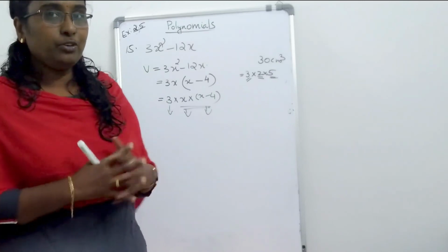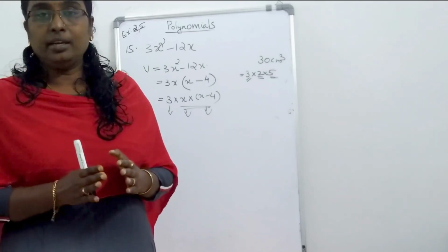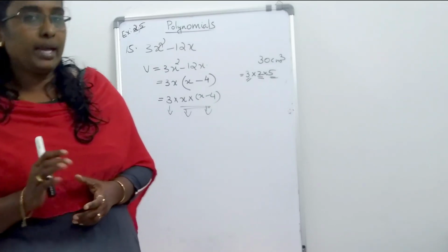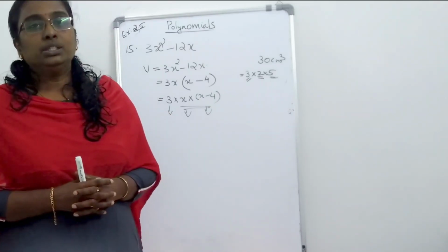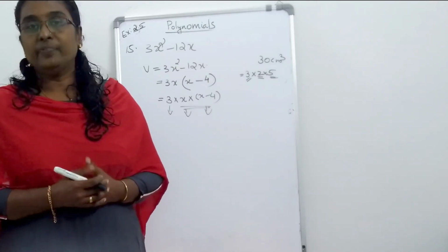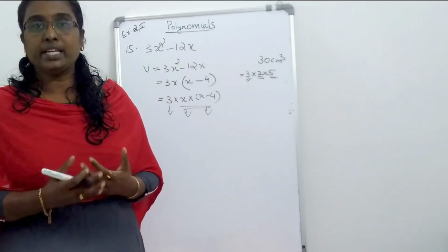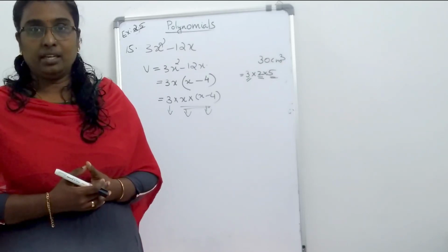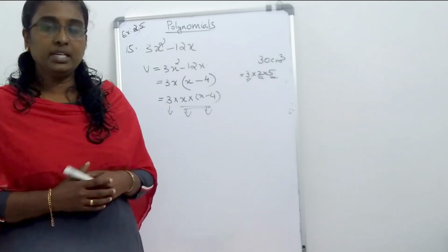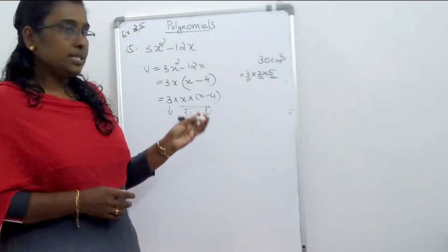Okay. This is the end of our chapter. You should study this chapter very well. In this chapter you have many identities. You should learn those identities by heart, so that we can factorize and expand the expressions using those identities. If you study those identities well, you can expand and factorize easily. Okay. And in the next video, we can recall those identities and this lesson once more. So this is the end of this chapter.